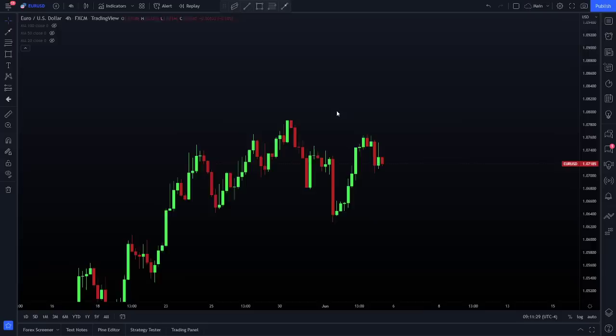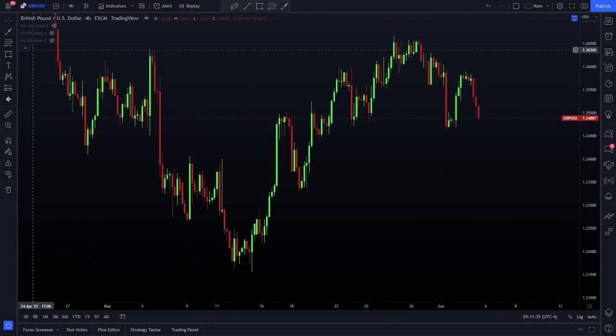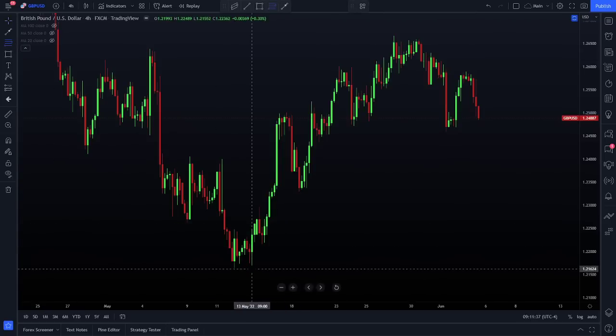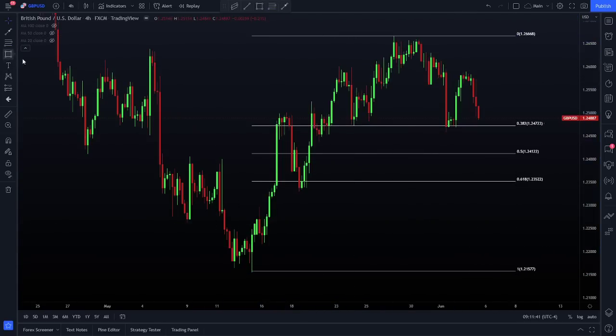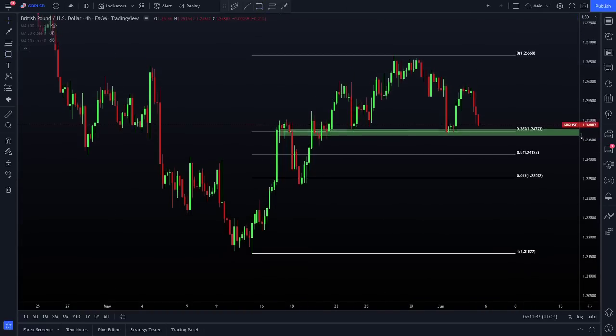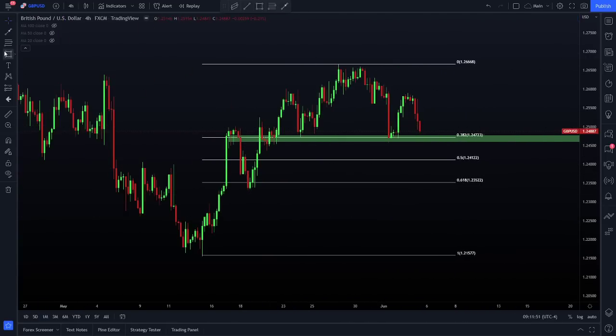Another one, very popular currency pair, the pound USD. And we are bullish on the pound dollar. We'll be seeing if we can get a little bit more of a pullback. We think that there could be some good value here. Frank and I both like this pair long. We have the 38.2% retracement as a potential point to start looking for longs, though I'm not totally shied away from the idea of buying it on a deeper retracement here.